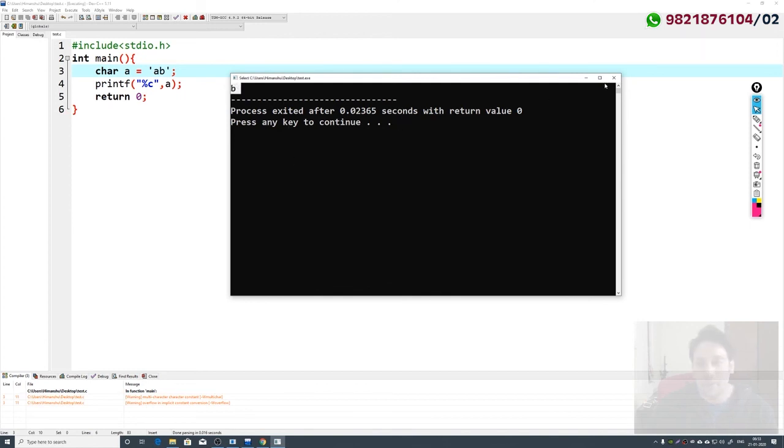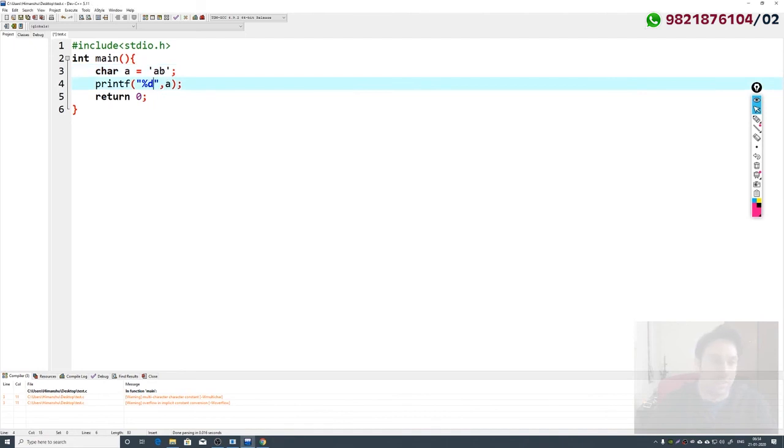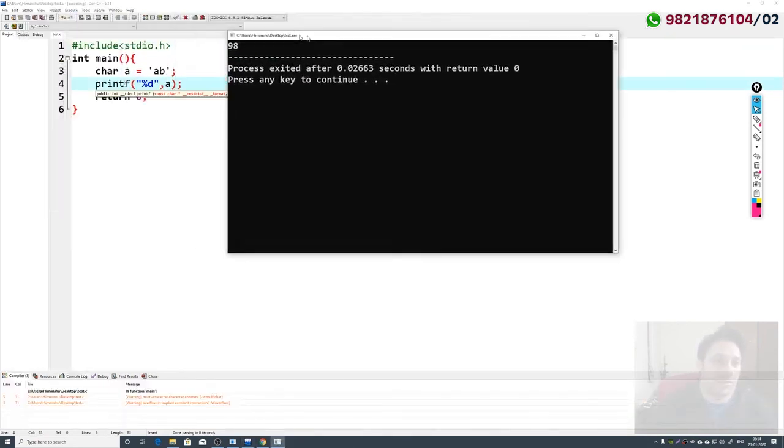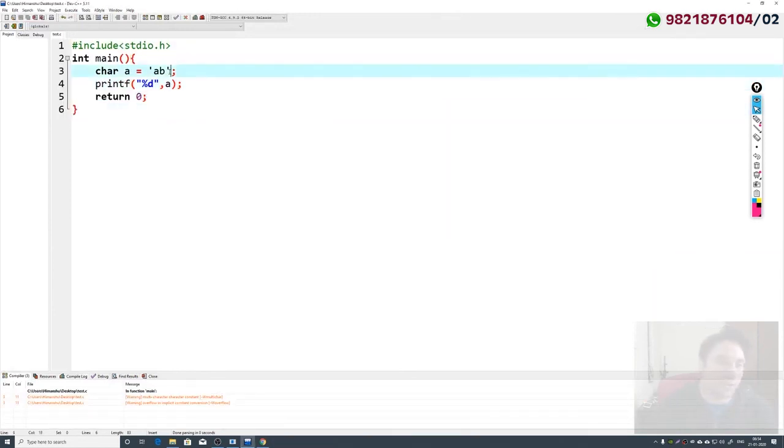ठीक है? And if I try to give the value as percentage d, so compile and run, you can see the value is 98. It is giving us 98 only. ठीक है? So even if you are trying to store 2 characters in one character variable, only the second character is taken, the first character is not taken into this variable. इस वेरिएबल के अंदर सिर्फ सेकंड कैरेक्टर को इसने लिया, फर्स्ट कैरेक्टर को नहीं लिया। ठीक है।